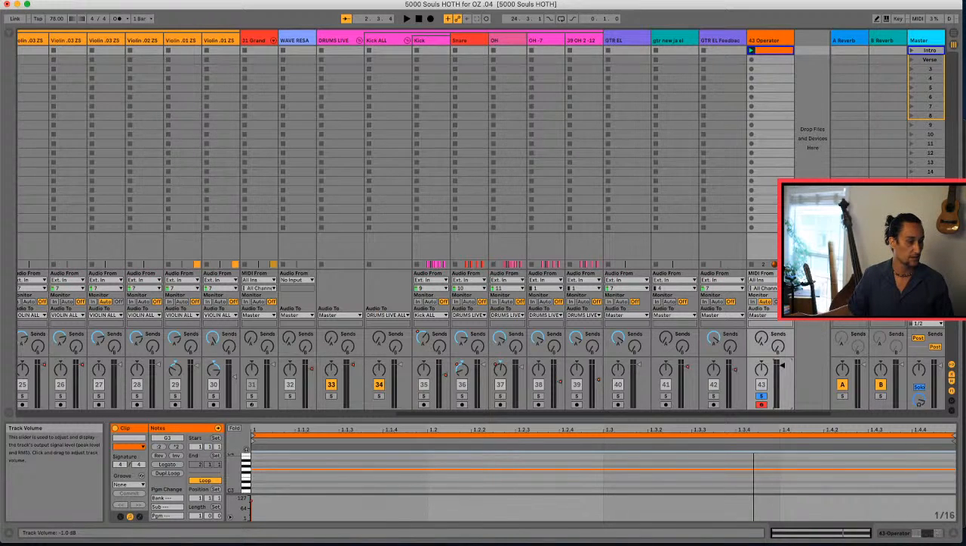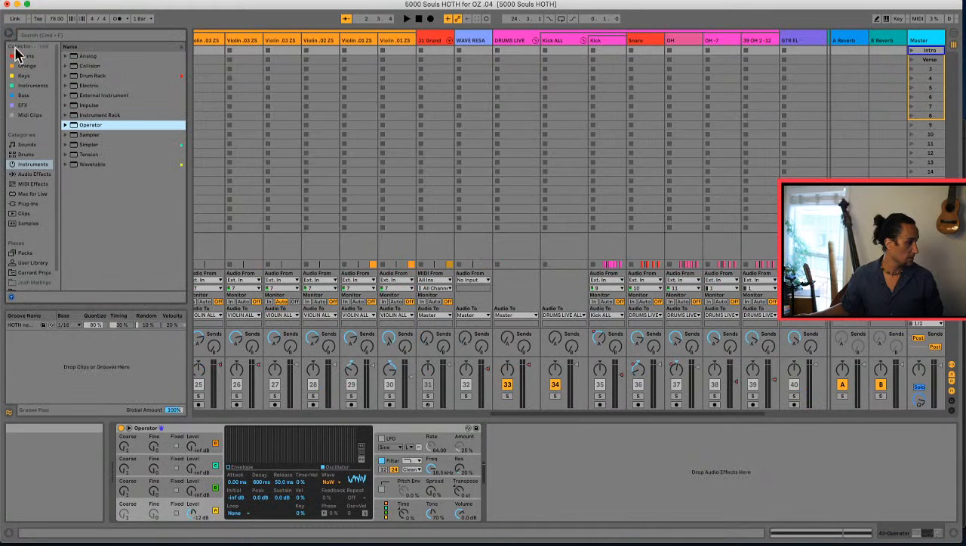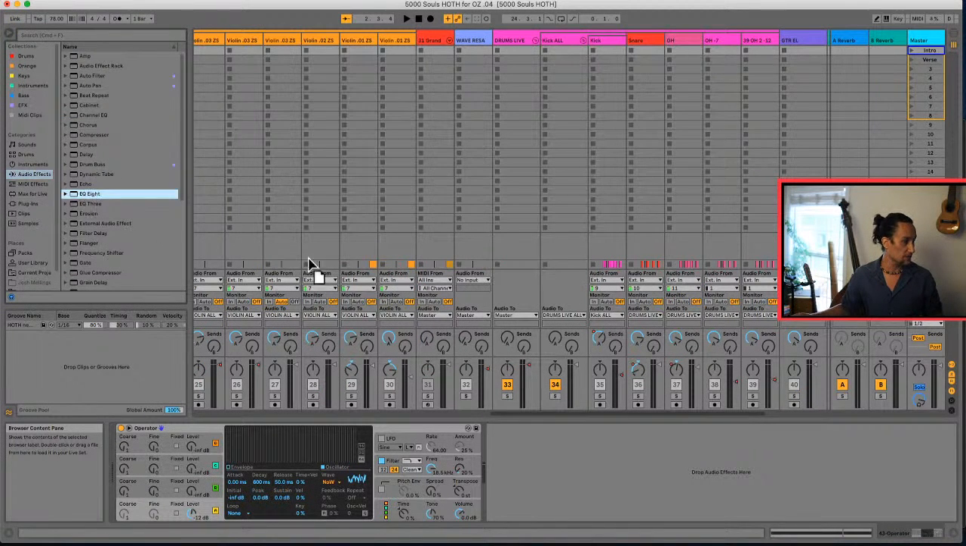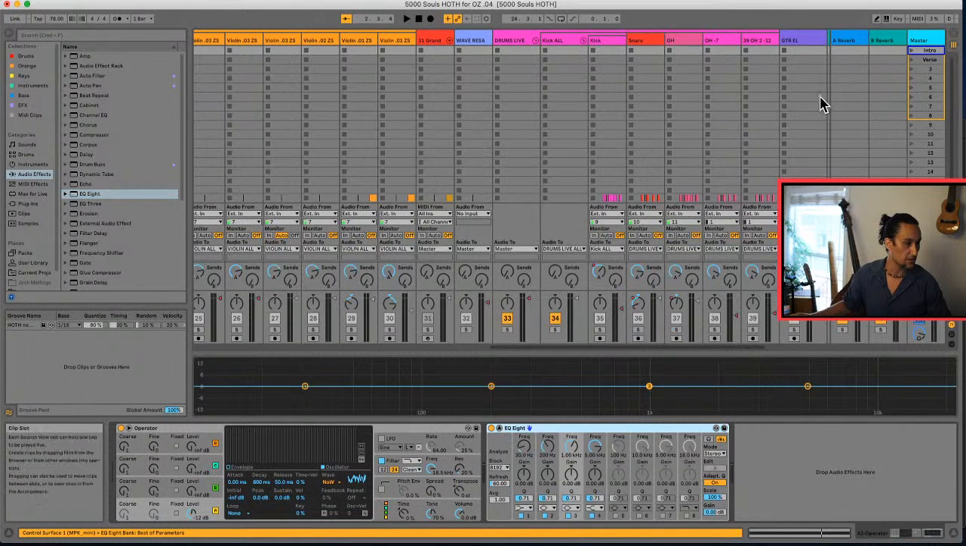So this is at nominal level, zeroed out, and our master is at nominal level, okay? And so we're gonna make this white noise at full volume. And just to give you an example of why we're doing this, let's bring in an EQ. We are creating noise at all frequencies, okay? When you bring in this EQ and you look at the spectrum analyzer,